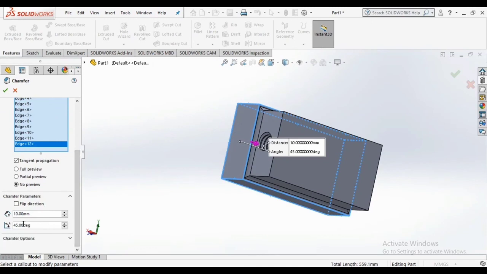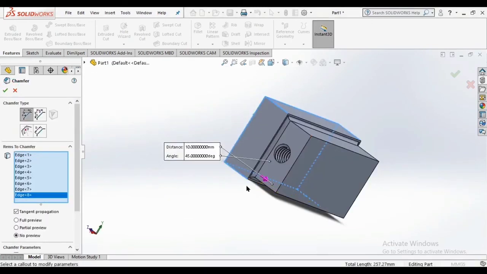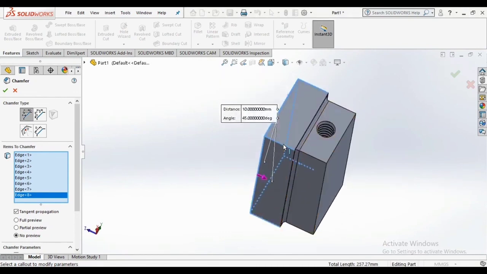10 is too large, let me give it 2. Again they are interacting, so we have to remove some.